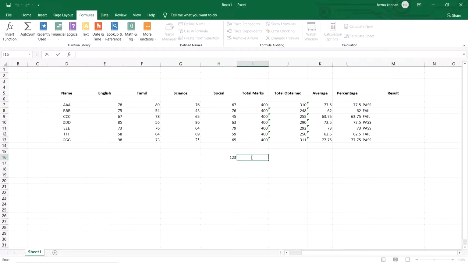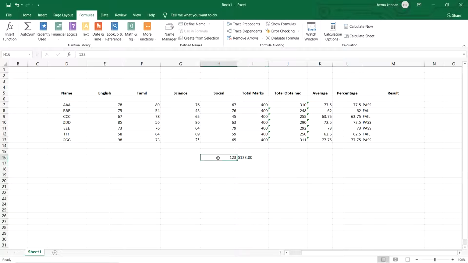I can do a formatting with the help of text formula, that is equal to text of, select the cell where you need to apply the formatting option, comma, the value how you need to format it. I need to apply some dollar value with the .00 option. Now I am going to give $.00, close the quotes and close the bracket, press enter.